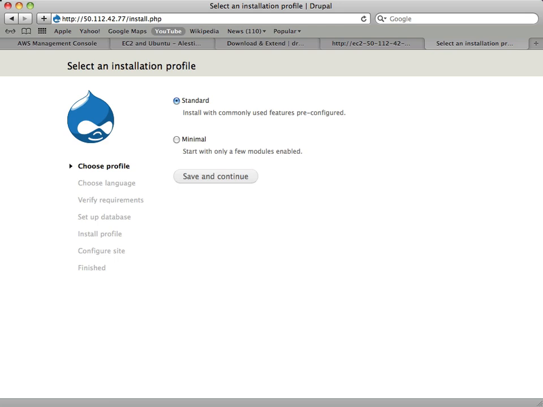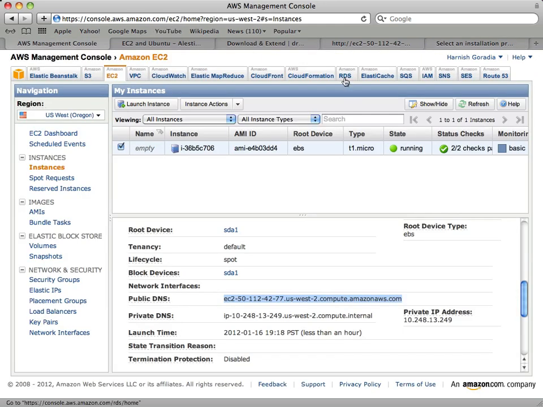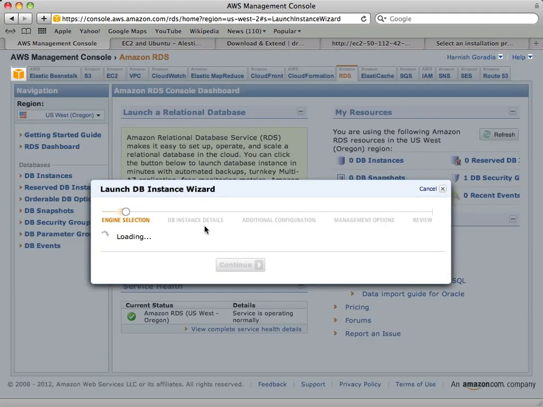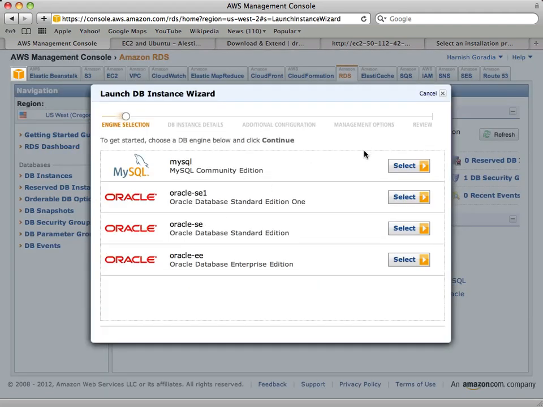Okay, so before we start this, now we need our database. So this is where we go for RDS. We launch a MySQL server.